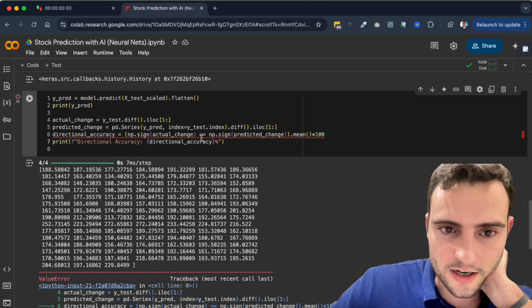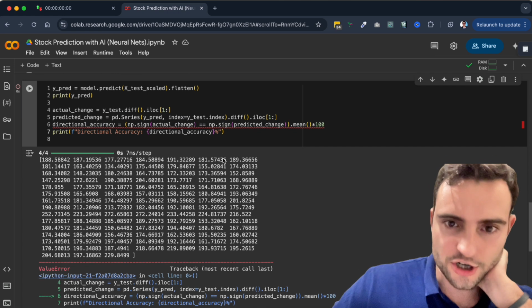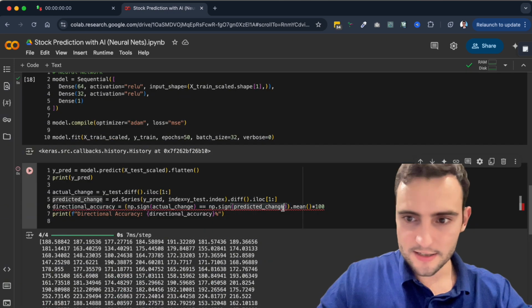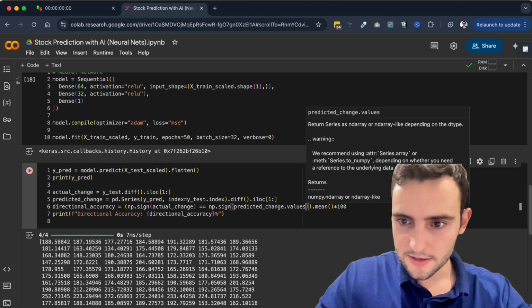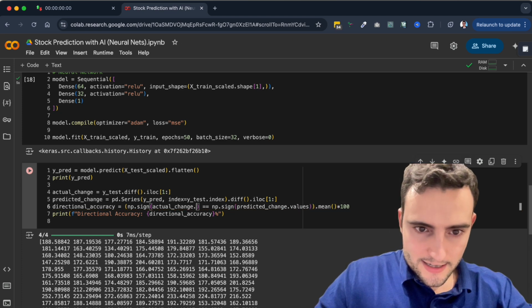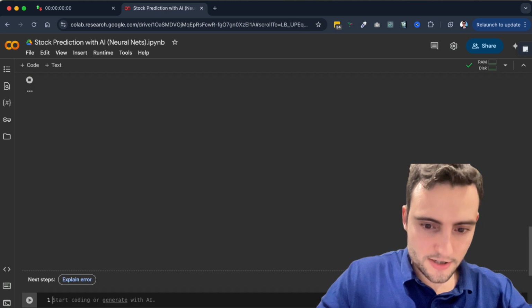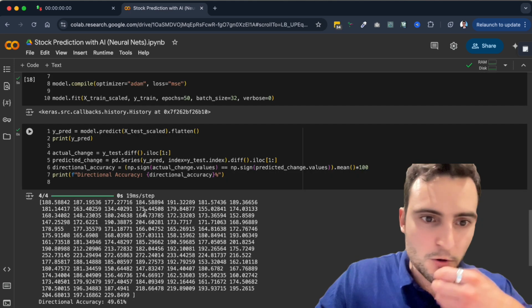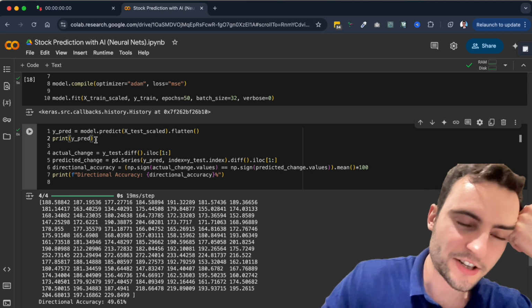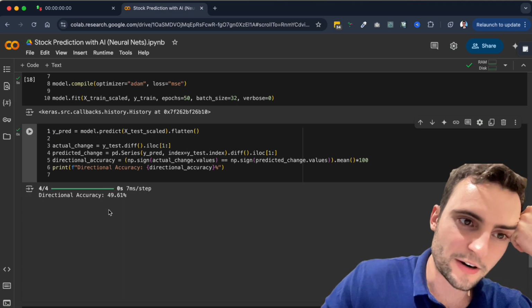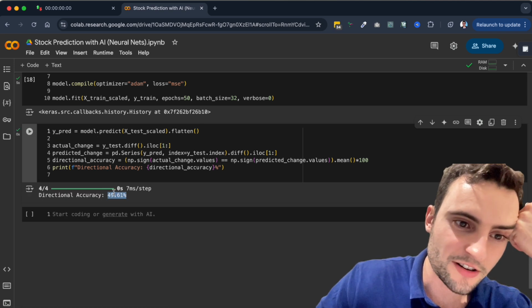Here I've written something wrong, so I'm just going to double check. Here it is. I think I have to do predicted_change.values. And here I also have to do actual_change.values. Cool. So here we go. I'm going to actually remove this line. I'm going to run this, and it says the directional accuracy is